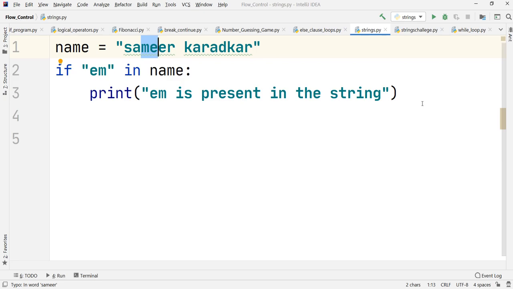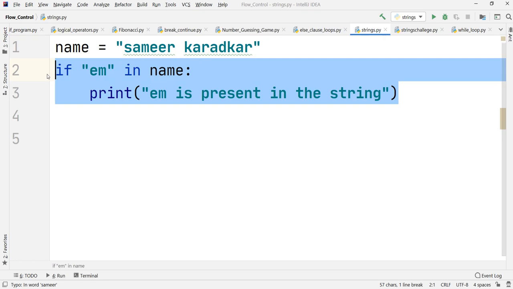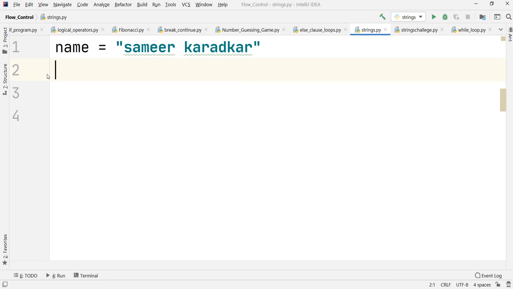Now the last part is with respect to loops. Let us just see something regarding loops as well. So if I just remove all this, loops can be used to span within the string. We have seen how to make use of loops using a range function, in which we can span from the starting point of the range up to the last point. Similarly, because the string also has position numbers, we can span within the string as well. So let us see how it can be done.